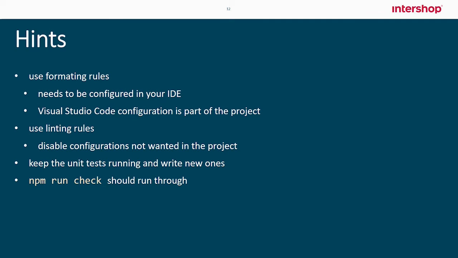So only this way can you integrate your project in a CI environment, where you have checks that tell you that everything is fine. Yeah, and the same is true for unit tests. There are a few in our project already, and we will encourage you to write new ones for your code. But the important thing is to always keep them running, so that you actually see if something breaks. If you start letting them say, I don't care, I don't want to invest the time keeping them running,